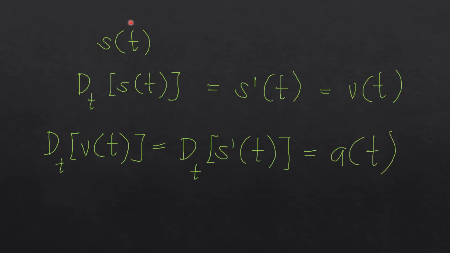So you might as well notice that from s of t becomes s prime of t, then you get the derivative again of s prime of t, giving us the acceleration function. How do you call this one, and how do we formalize the definition of this? Okay, so we call this one the higher order derivatives. So it means to say that